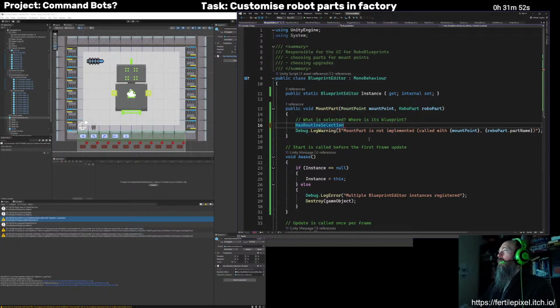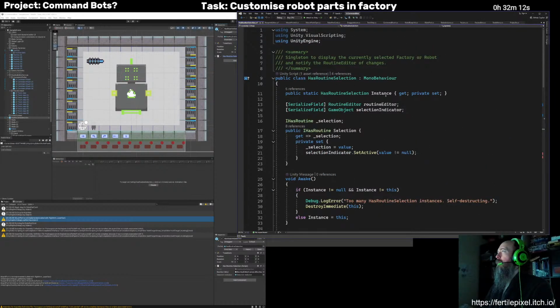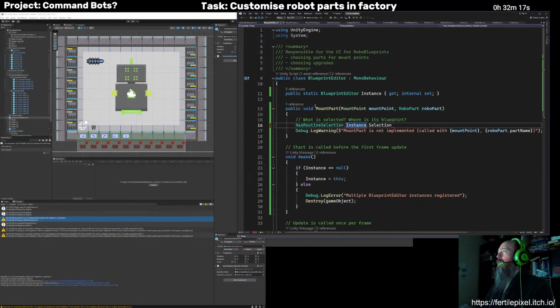So I'll grab that instance dot selection. So this is what's actually selected. Instance. You're trying to tell me what?